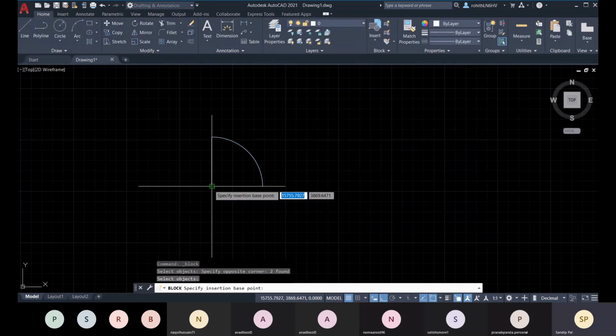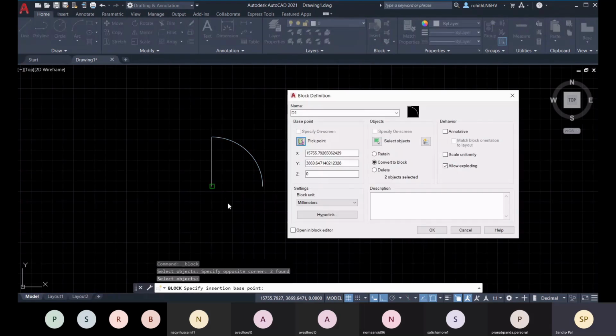So this is going to be the insertion point. So this point is specified, and then you can set the block unit. Whatever you set is set while creation. You can change it later, but before changing it, it is set to that particular unit.